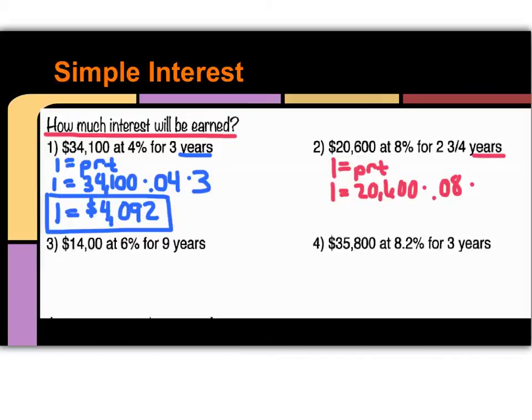It is in years, but it is 2 3/4 years. What is 3/4 as a decimal? It would be 0.75, so 2.75 years. If you type in 20,600 times 0.08 times 2.75, you will get the interest to be, and this is money,